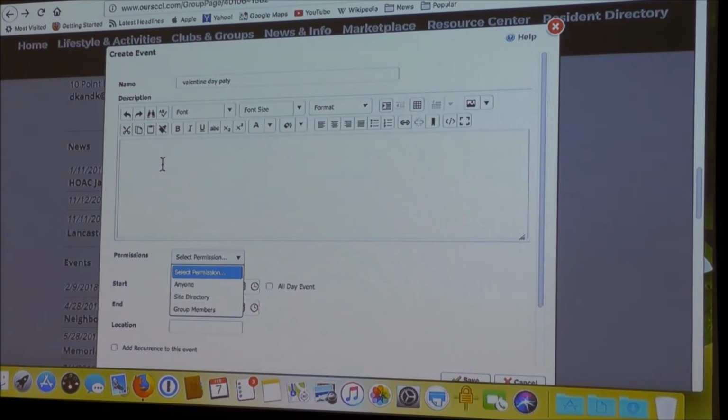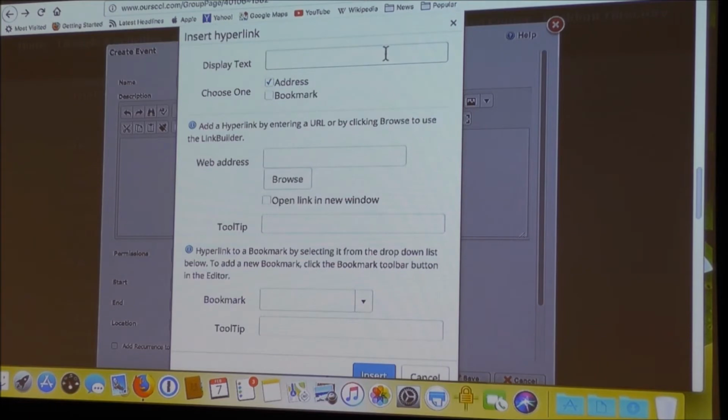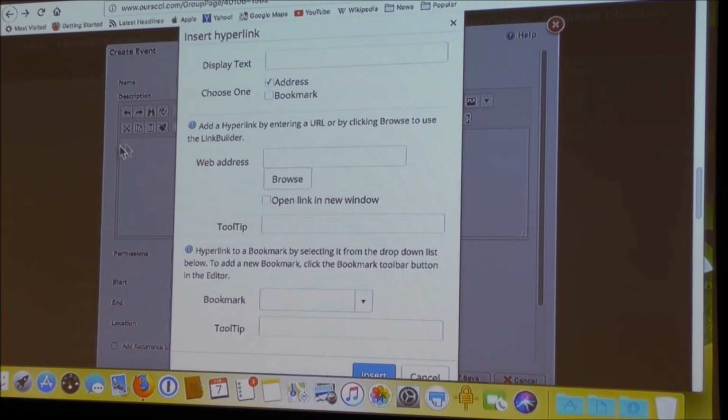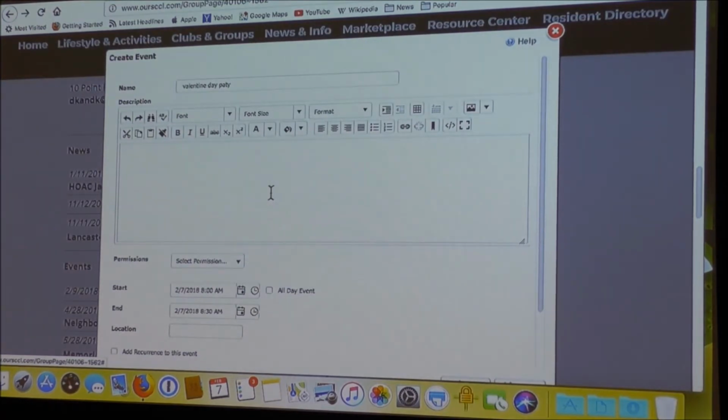You don't have to even put a hyperlink if you don't feel comfortable with that. But you could put that hyperlink, it's very easy. You could put the name of the person and then put their email down here. You could type the email and then just retype the email address and then insert it. So if for example, let's go and show you how to do that hyperlink. So let's just say